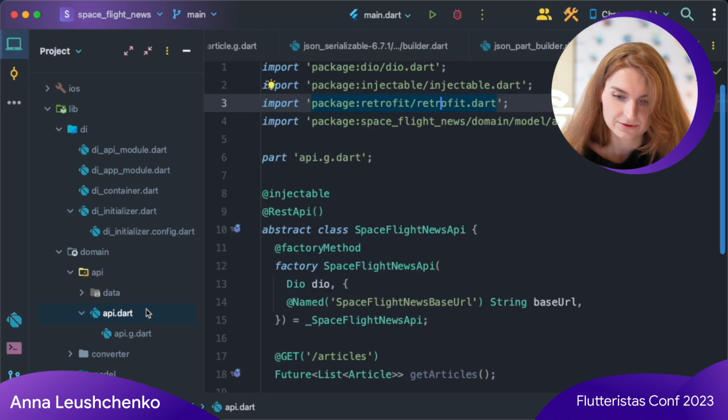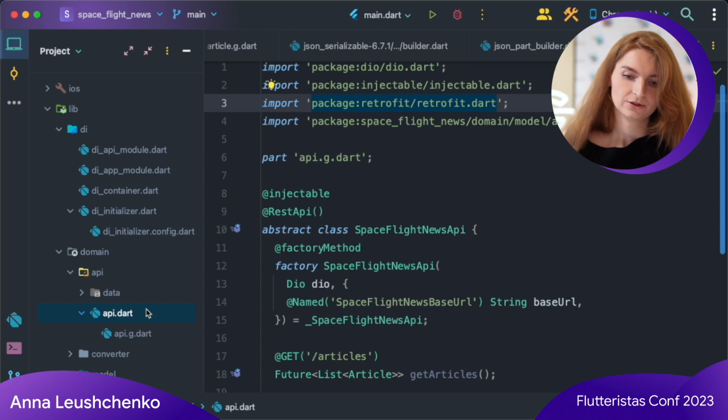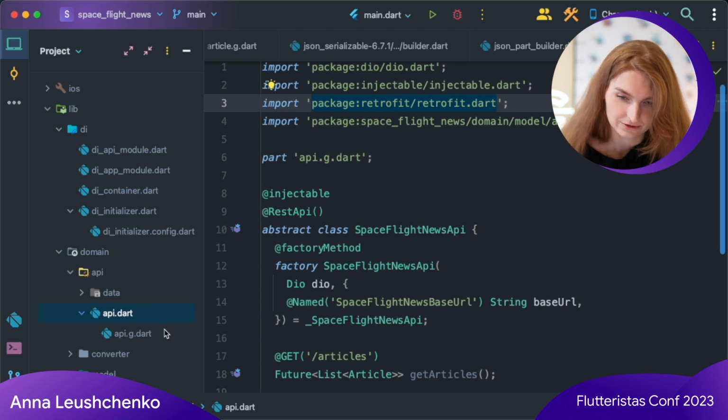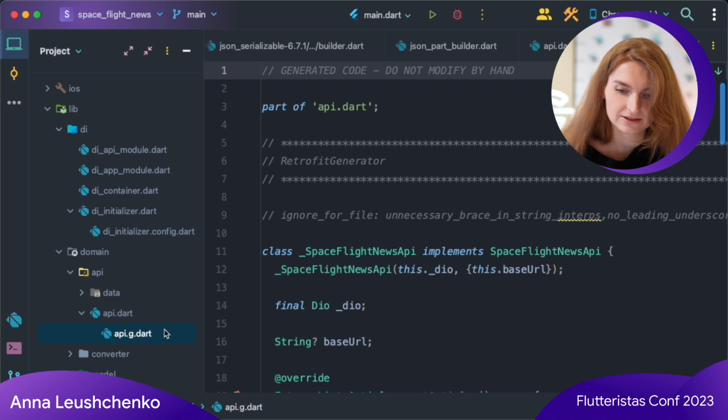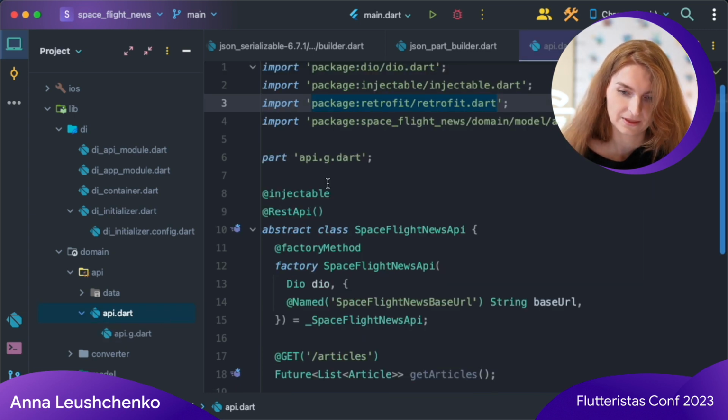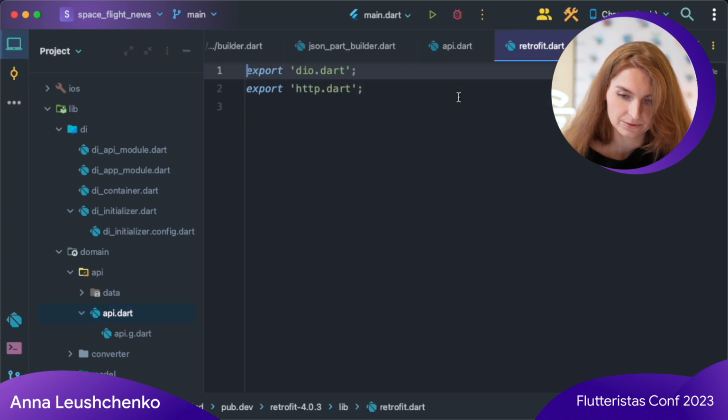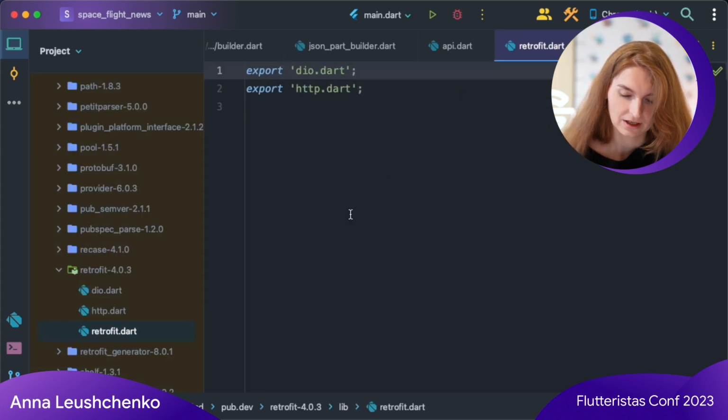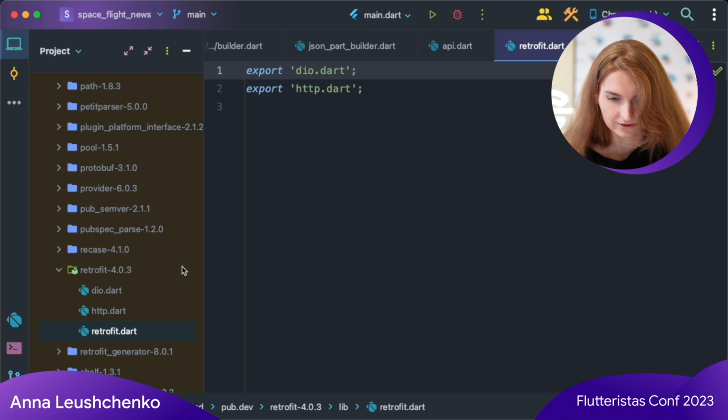Here is the usage of another code generating package, Retrofit. It also generates a .g.dart file for each .dart file that contains classes annotated with REST API annotations. And under the hood, well, first of all, it also consists of two packages.